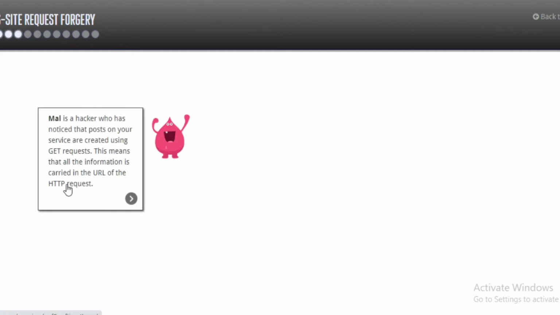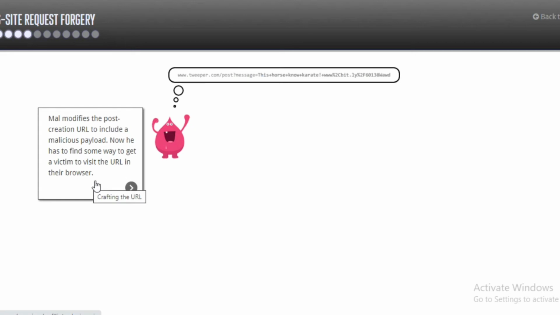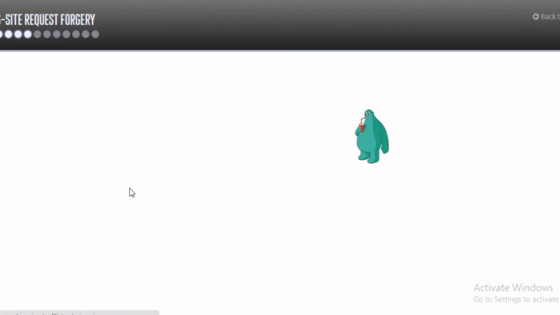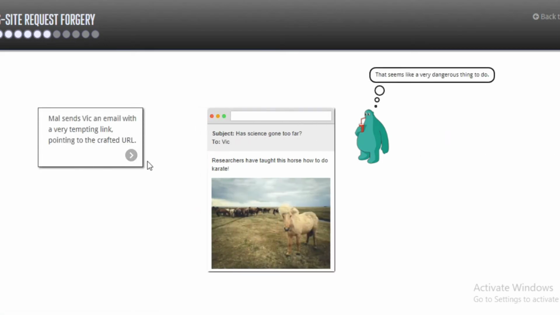So let's say an attacker embeds the link in a fake website, like Twitter or Tripo or something. He embeds the link here, but the user will just see it as a Twitter link, so he is going to open it. So he got a mail and he opened it.